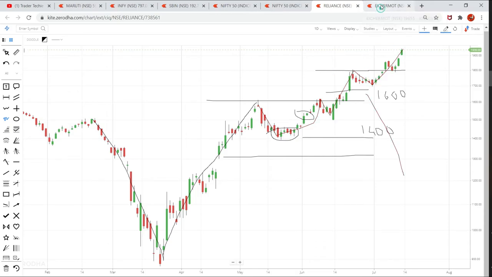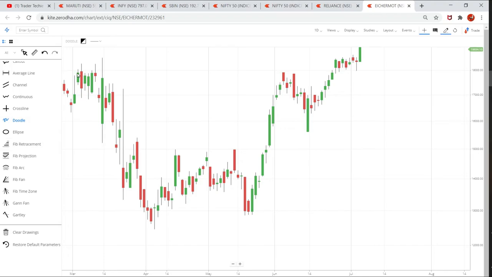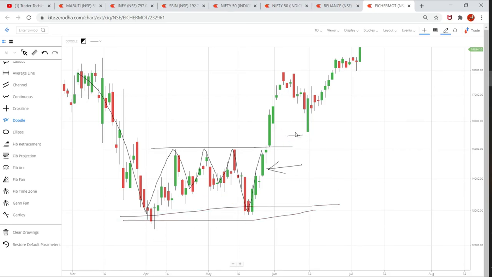So similarly, if I try to explain the same in Eicher Motors, if I draw some line here, see, the stock has gone to this 15,000 level multiple times. So if I'm somewhere here at this position, and I want to trade or am interested in buying a stock of Eicher Motors, I'll draw a line here where this was its previous highs, and I draw a line here where this was its previous lows. So I will definitely be interested in buying the stock at this level, maybe at 15,000, 15,100 level, keeping a stop loss of 13,000.